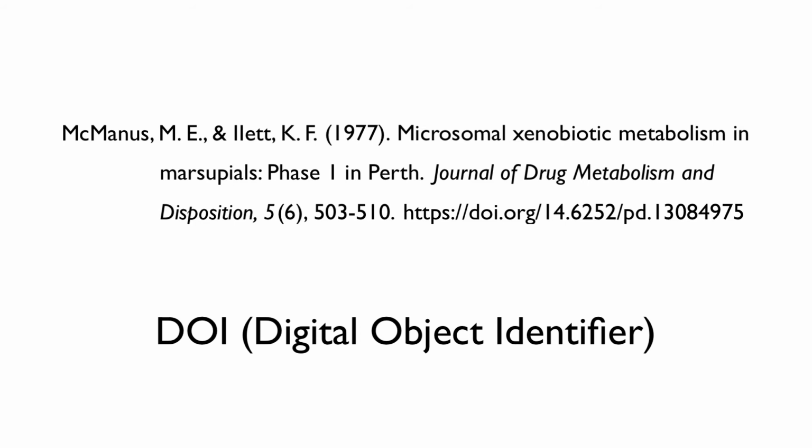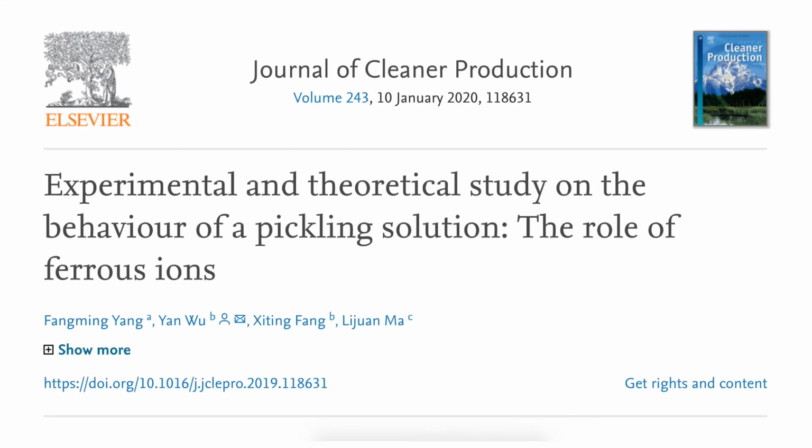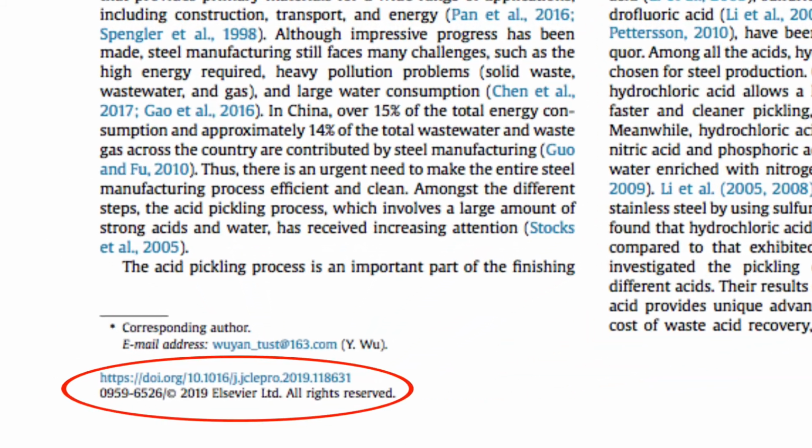If the article has no DOI, you can use a URL that doesn't require login access. If the article has no DOI and no freely available URL, you can leave it out. If you're unsure whether your article has a DOI, go back to the article. It should be listed somewhere near the title or at the footer of the PDF.